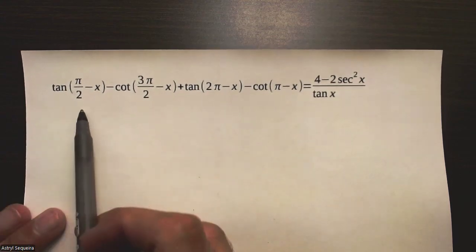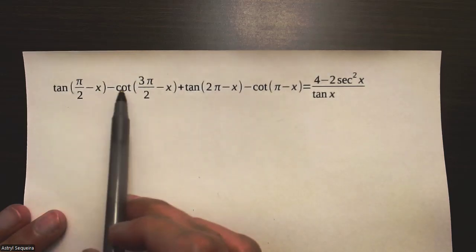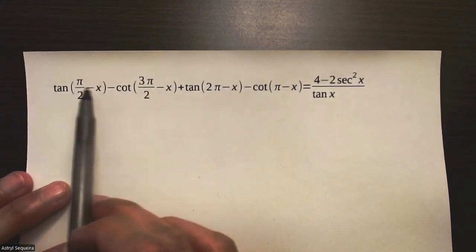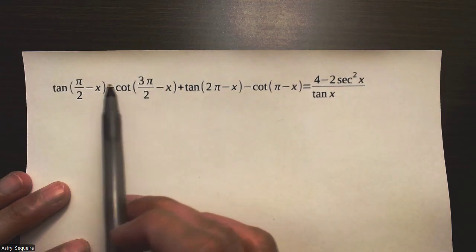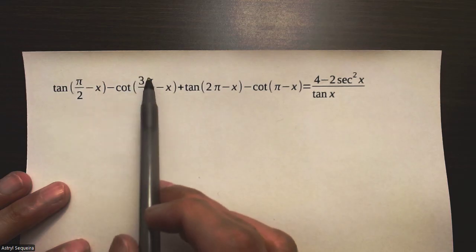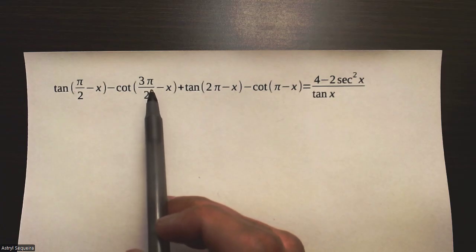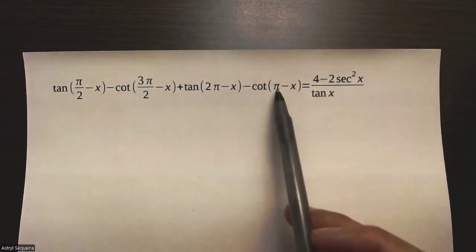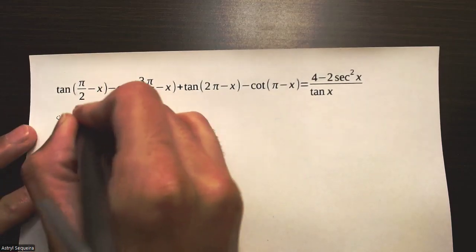Now, the first thing I'm going to do in this question is convert just this tan and this cot into sine and cos. And the reason why I'm only converting these two is because if you have pi over 2 and 3 pi over 2, you need to use sine and cos because you cannot do tan of pi over 2 and tan of 3 pi over 2, because those are vertical asymptotes and you cannot solve it that way. Over here, I have 2 pi and pi, so I can just use my compound angle formulas for tan to solve those two. So let's start by just converting this to sine